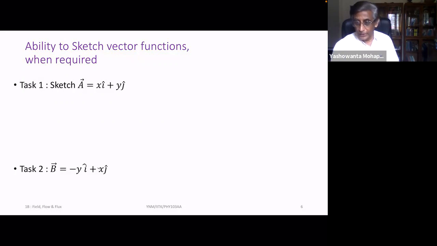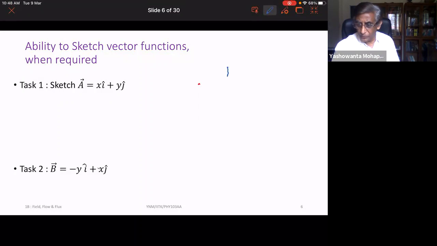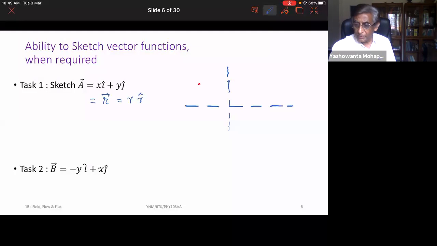But anyway, let me give you a hint. There are many ways of doing it. If you recognize it, of course, it is very easy. Okay, because if you recognize that A is nothing but R vector in two dimensions, or you could write it as R hat, so there's a magnitude and that's the direction. All right. I'm sure you can do that as soon as you realize that, or you could start from these, X being on the x-axis, Y being 0, and they're pointing in this direction, and they are smaller to start with, and as they grow, okay, they become large,